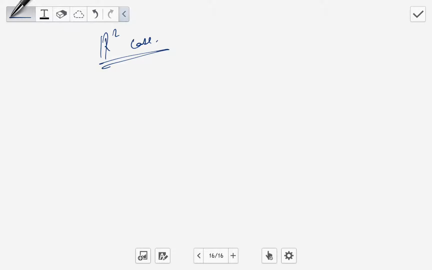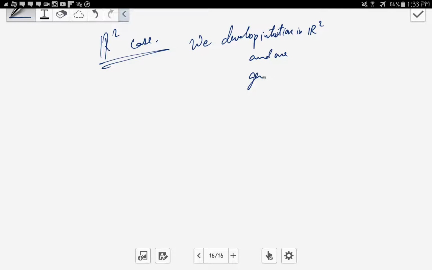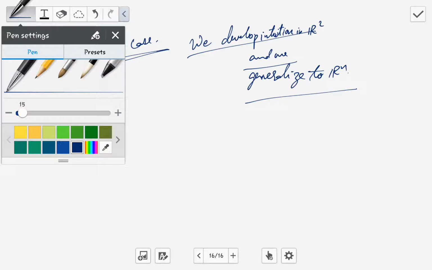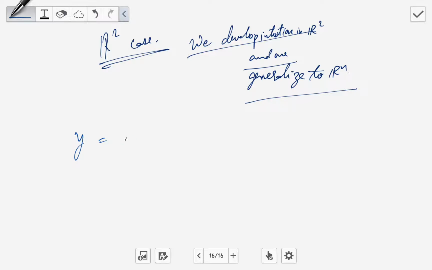We develop intuition in the R2 case and we generalize to Rn. Okay, so let us see in the R2 case what is the homogeneous equation, which is a x squared